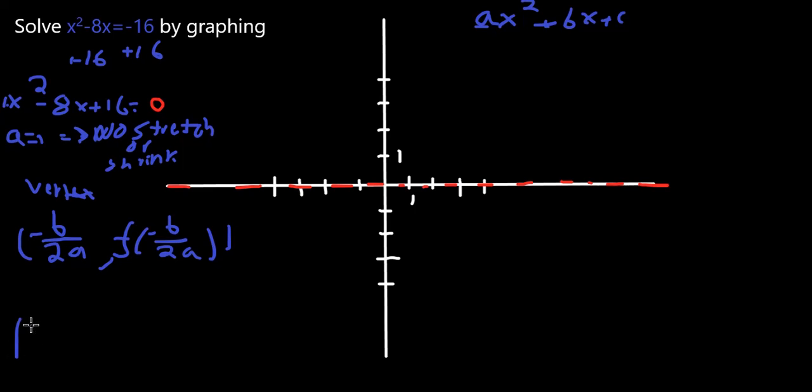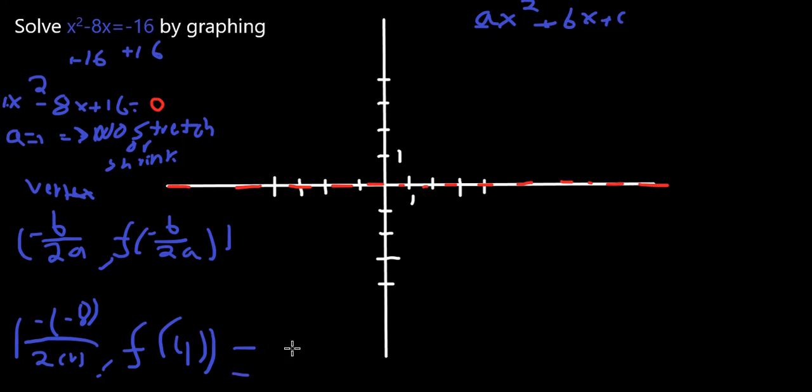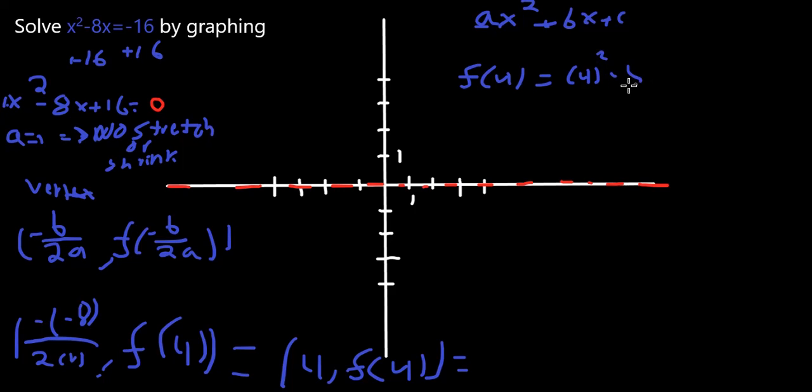So if I plug that in, b is negative 8, so it's going to be negative 8 divided by 2 times a, which is 1. This is going to be positive 8 divided by 2, which is 4, so we need f of 4. Okay, f of 4 is equal to 4 squared minus 8 times 4 plus 16, which is equal to 16,